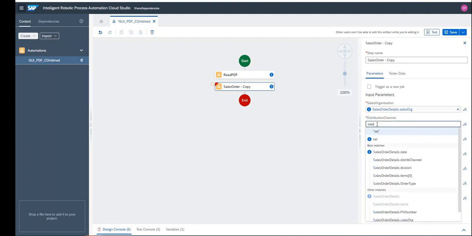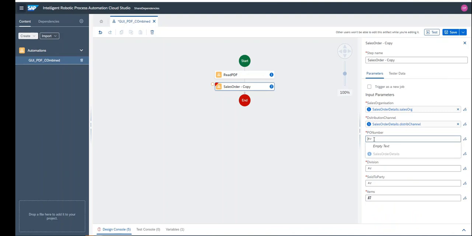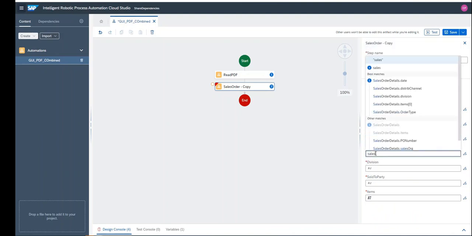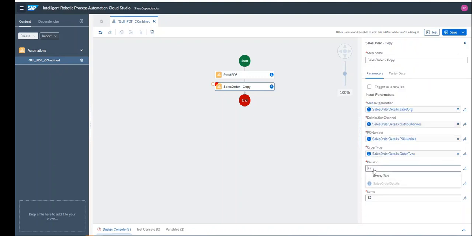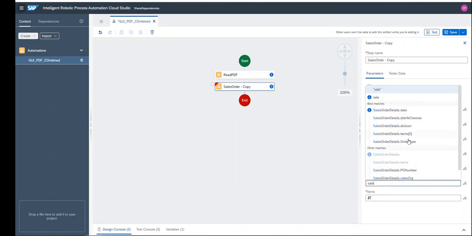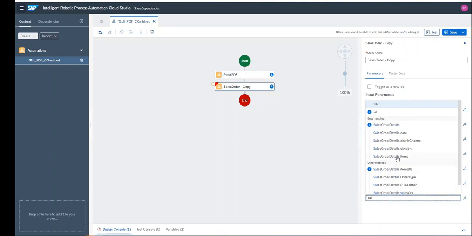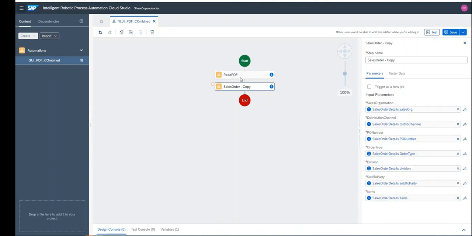Sales org, distribution channel, and then the PO number, order type, sold to party, and then the items. Okay, so now we have consumed these automations. Let's close it, and I've also closed my PDF, and now let's test the automation.